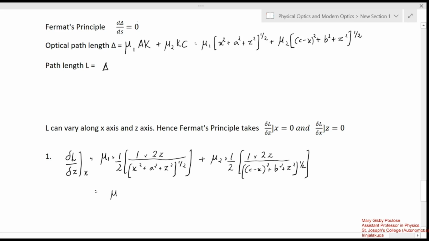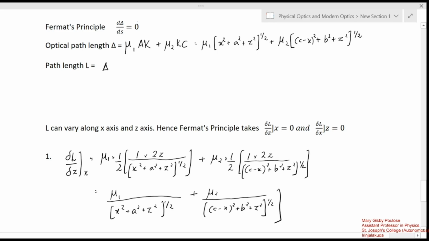We get μ1 divided by (x² + a² + z²)^(1/2) plus μ2 divided by ((c − x)² + b² + z²)^(1/2),